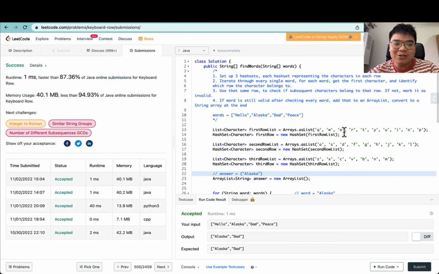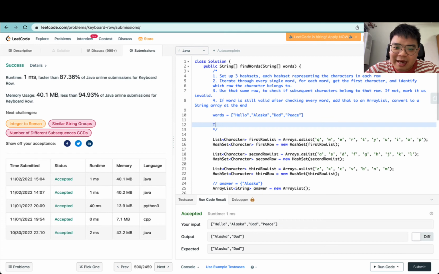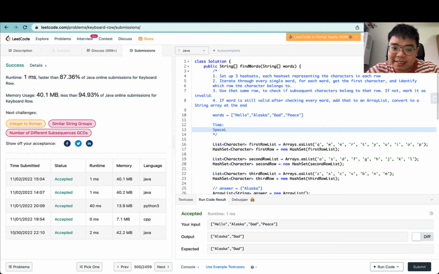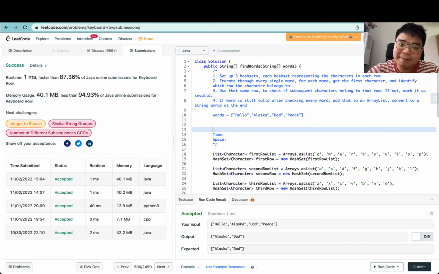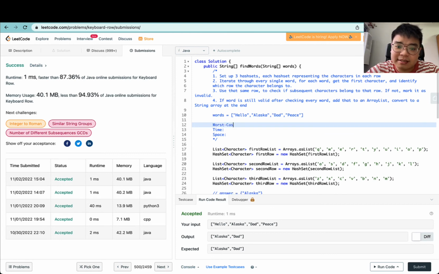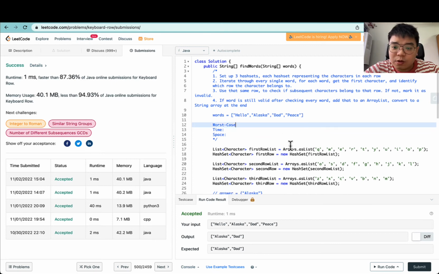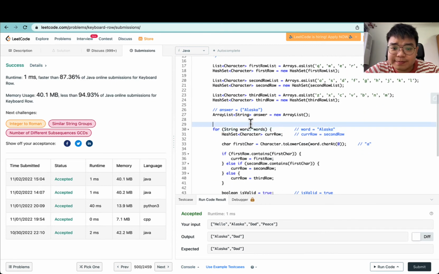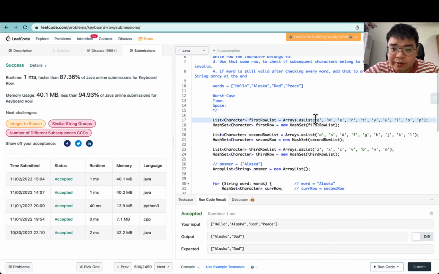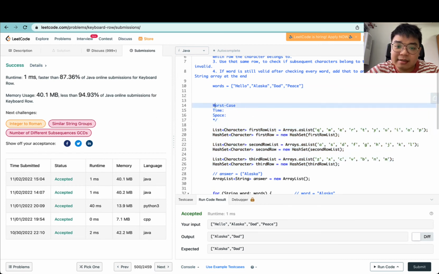And there we go. So now we can go through the time and the space complexity. In this case, let's talk about worst case. Over here, we have the initialization of the first row, second row, and third row lists and hash sets. If we let n be the number of words and m be the number of